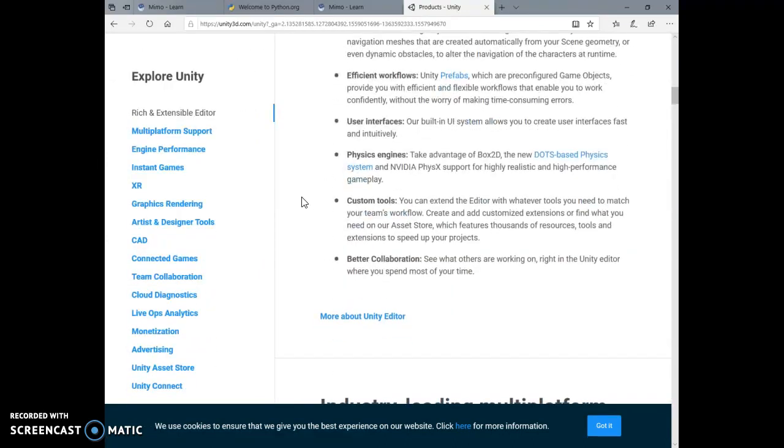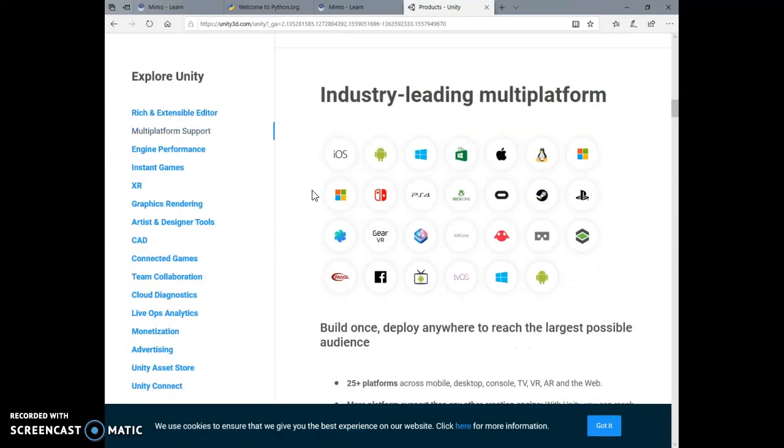So as I said, it's very good, and every platform is here. iOS, Android, you can get it on phone. Windows, you can get it on the Windows platform, Universal, Mac OS, Linux, Microsoft HoloLens, Windows Mixed Reality, Nintendo Switch, PlayStation 4, Xbox, Oculus, Steam, PlayStation VR, Daydream, and many more.